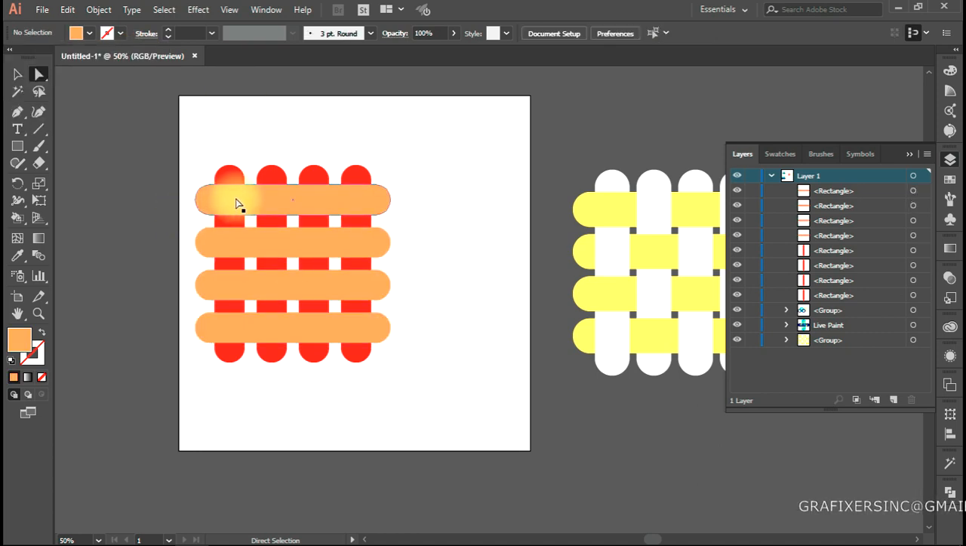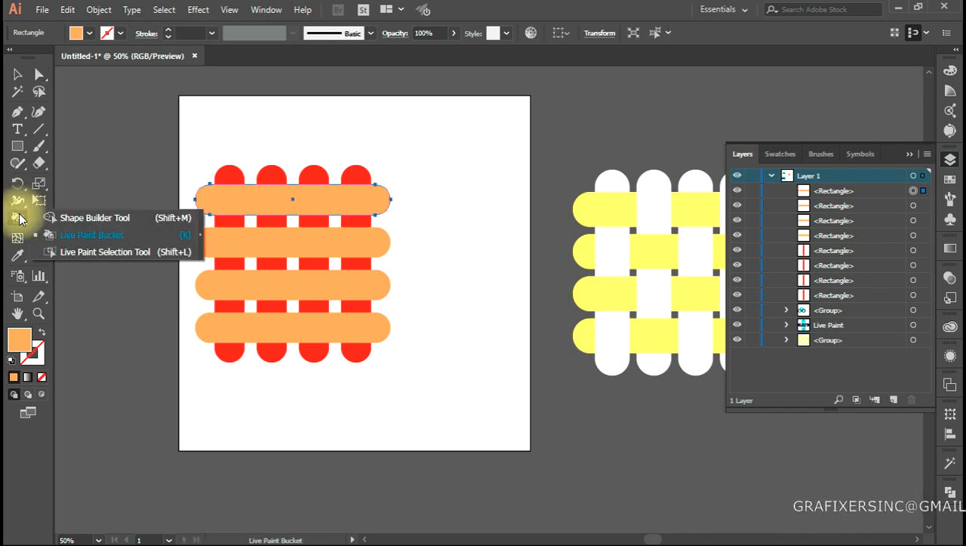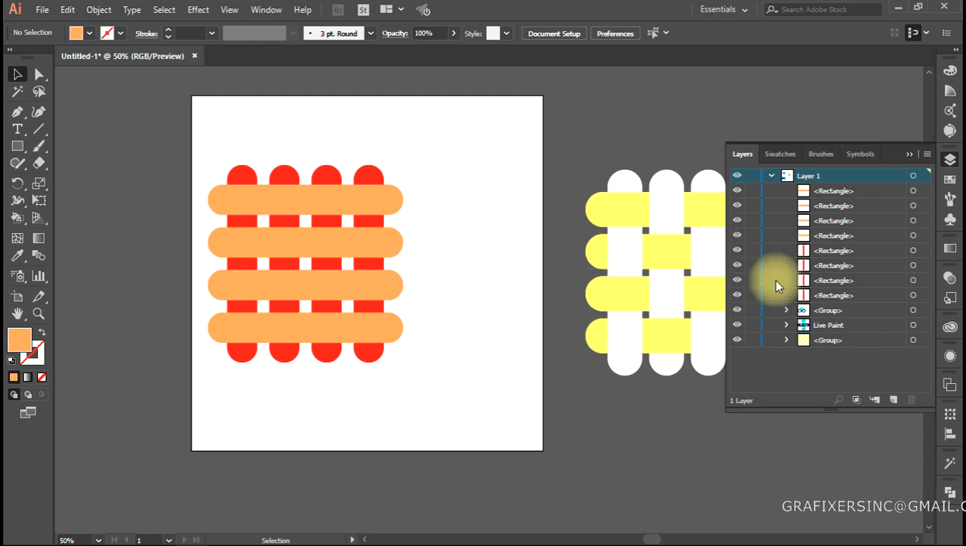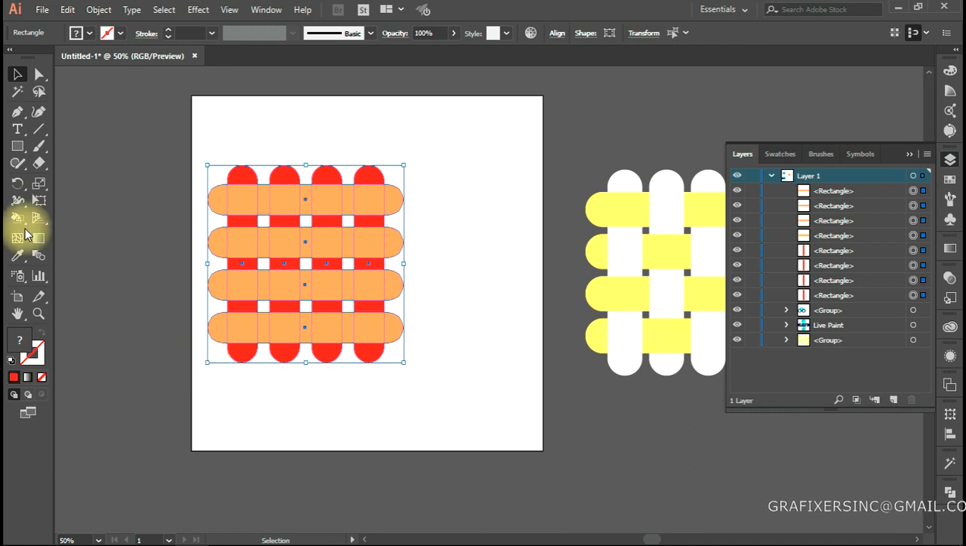Okay, now in lecture 15 I was using the shape builder tool to make a new shape, but in this lecture I'm not going to make any other shapes. As you can see in the layer panel, we have 4 horizontal stripes and 4 vertical stripes. I'm selecting all of these and going to the live paint bucket tool,